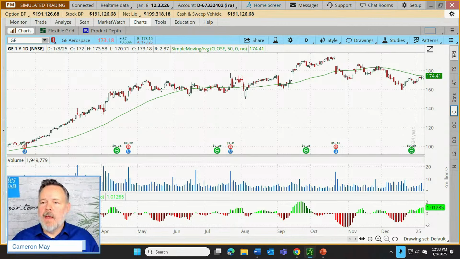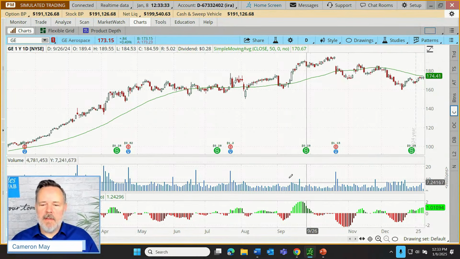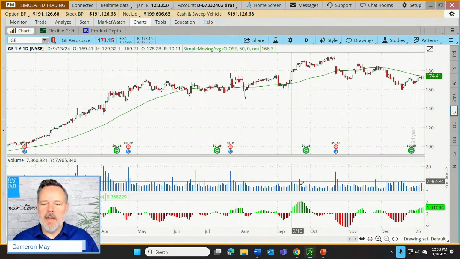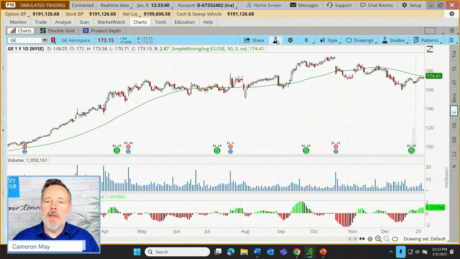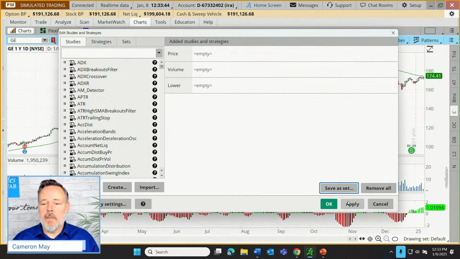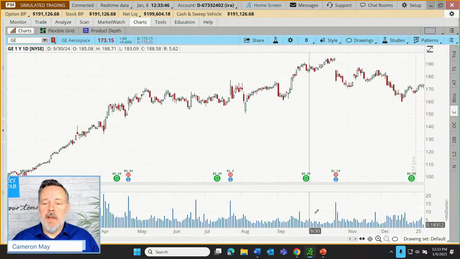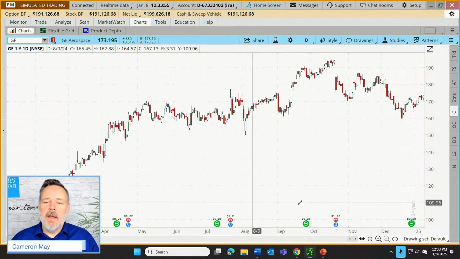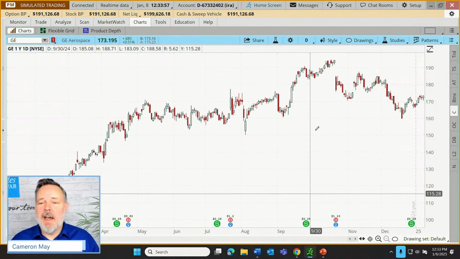But let's start with these buttons up here. First one, if we want to see what the name of the button is, you can just hover over it. This is the trade button. I think let's clean this up a little bit. Let's get rid of these studies and this volume. So we can get rid of the studies by edit studies, X and X. Click apply, click OK. That's much cleaner. Volume, where did we find that? That was a chart setting under equities, volume. Let's apply that and OK. That's just going to look a little less cluttered as we add other features here.